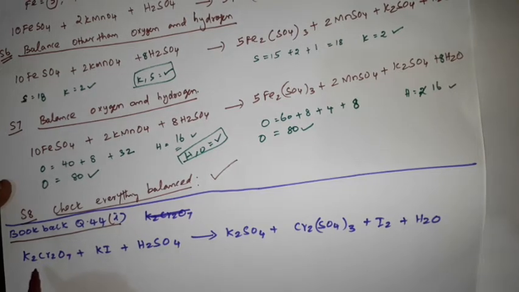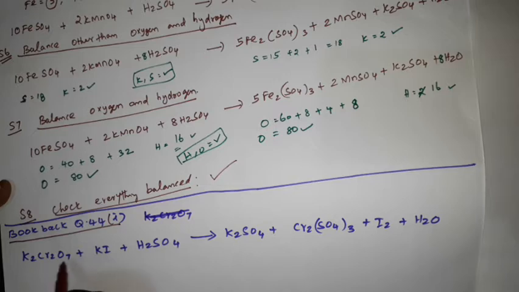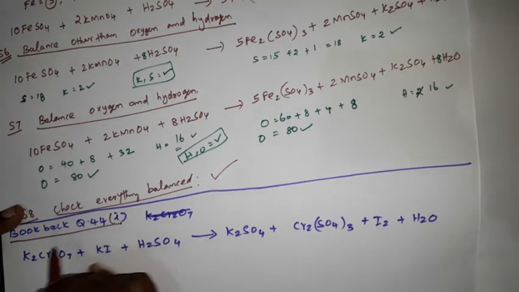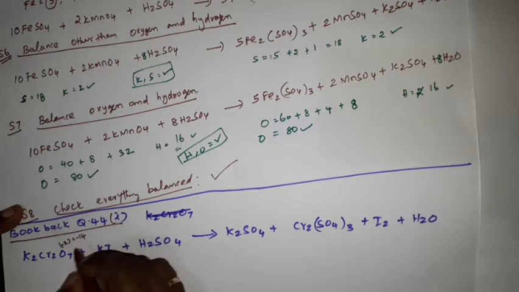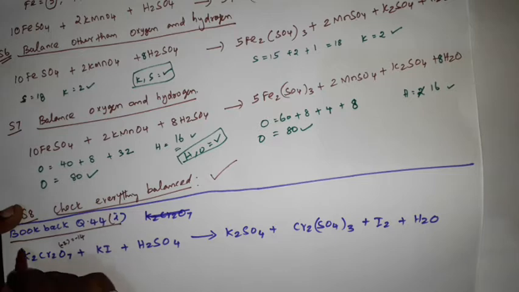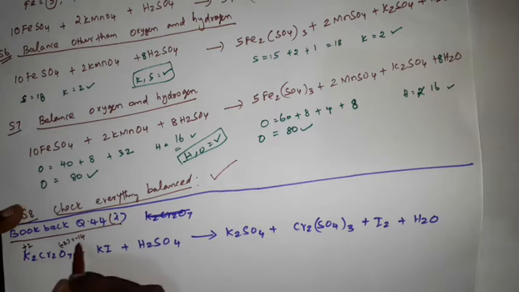So step 1, you have to assign oxidation number for all the atoms. So here oxygen, that is 7, each oxygen minus 2. So 7 into 2, it will be minus 14. 7 oxygen atoms here, so minus 14. And potassium, this is plus 2 because 1 potassium is plus 1. So 2 potassium atoms, so plus 2. So now subtract minus 14 and plus 2. Here it will come plus 12.